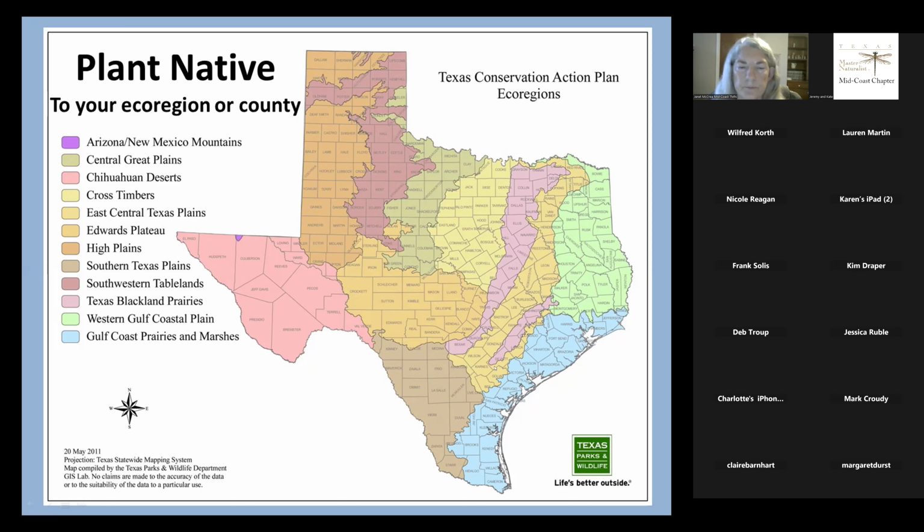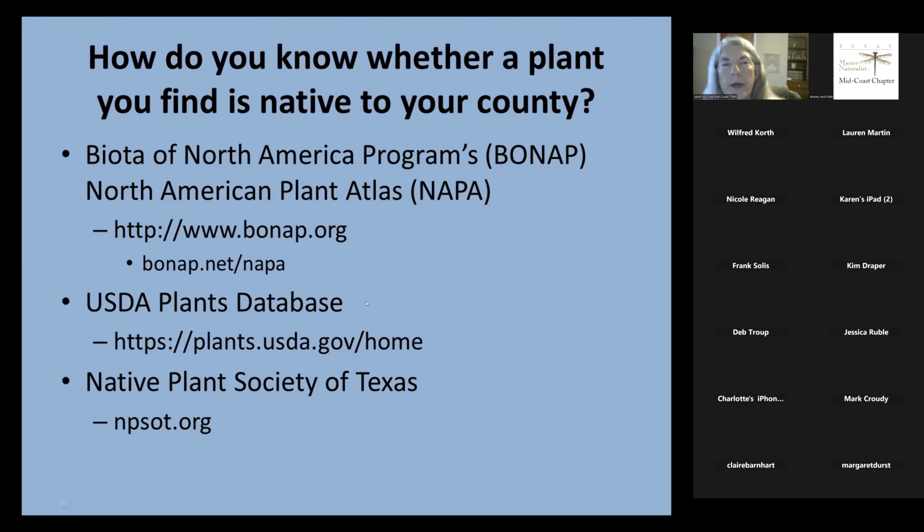So the next part, I'm going to show you how to find out whether the plant you're looking at in your nursery is native to your county or your ecoregion. There are 3 ways to find out, and I'm going to go through them kind of quick, but you can go to the website yourself and play around with it and figure it out. The first one is the Biota of North America, shortened to BONAP, B-O-N-A-P. And from that, you go to the North American Plant Atlas,